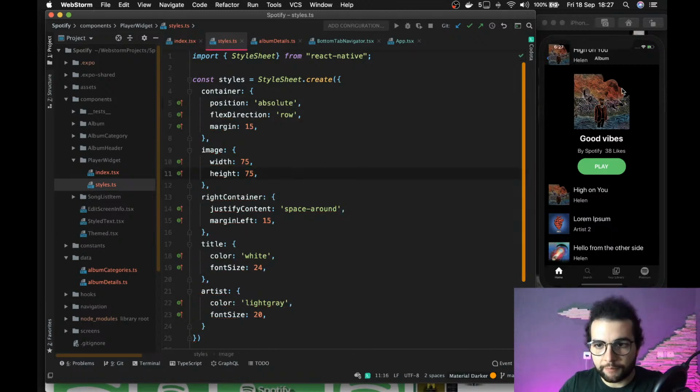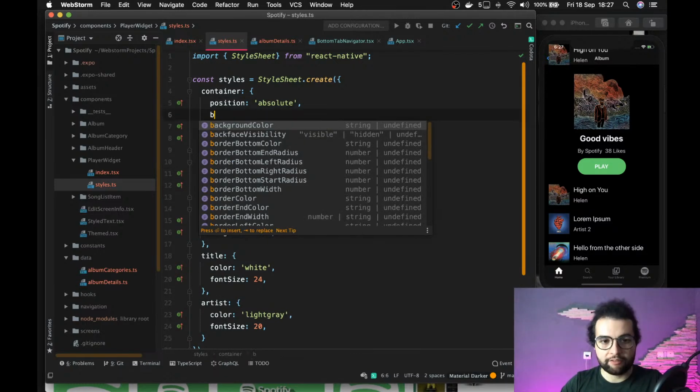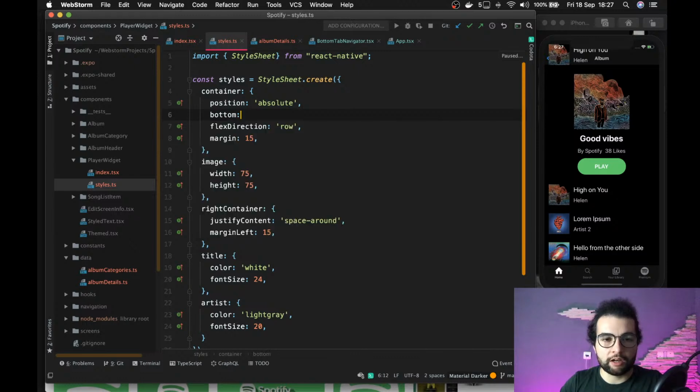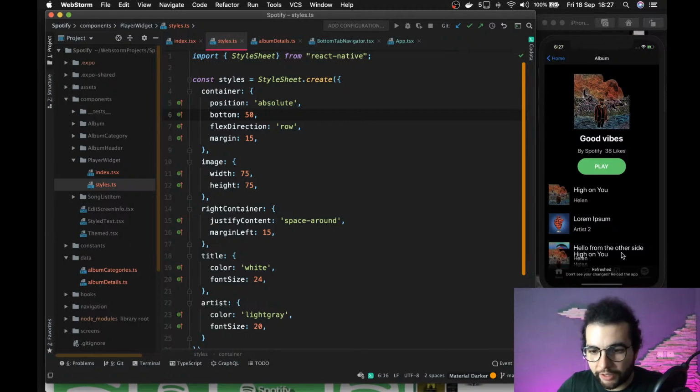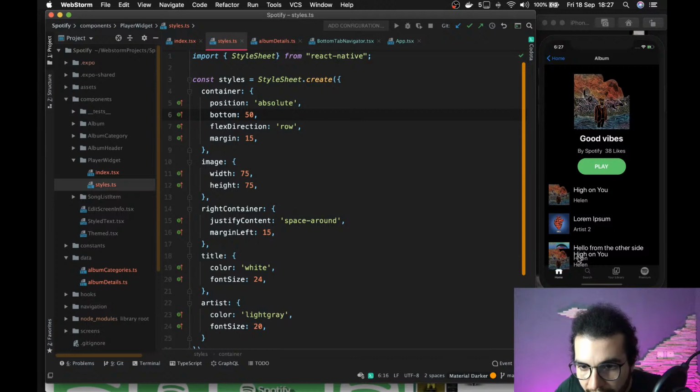And okay, we see it on the top somewhere there, and let's say that the position will be somewhere on the bottom, and we need to define how high from the bottom. Let's just try with a random value of 50 and see where it displays. It displays right here,